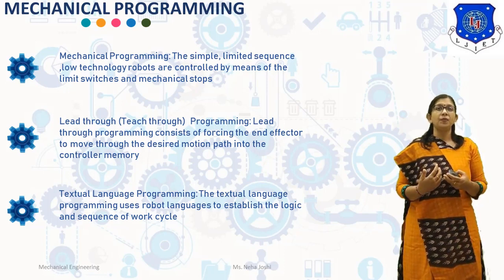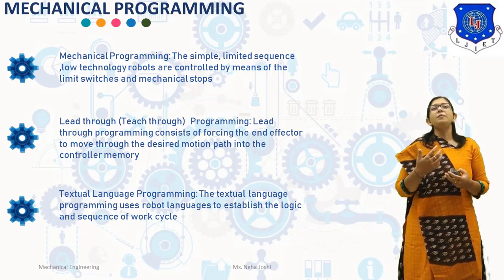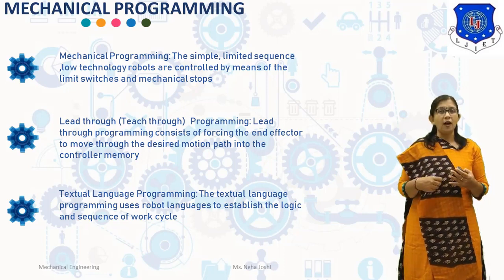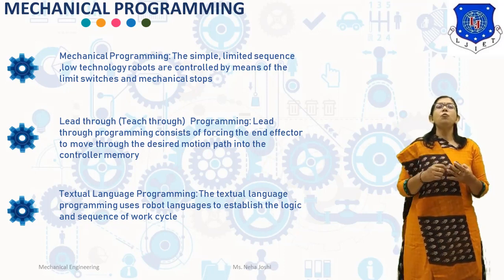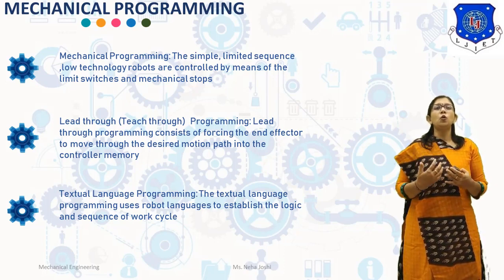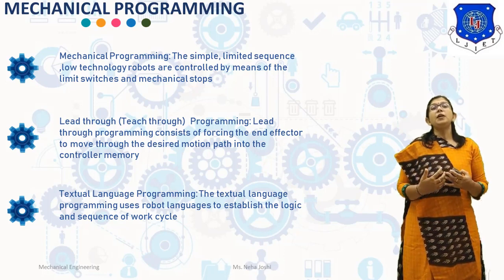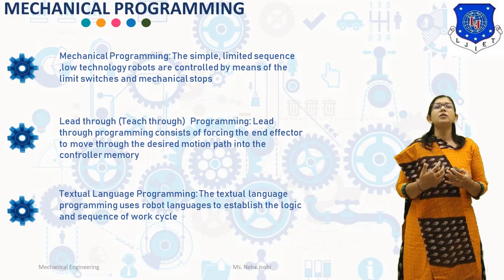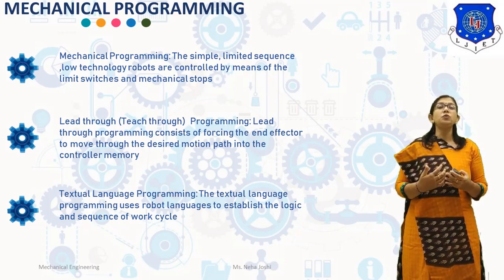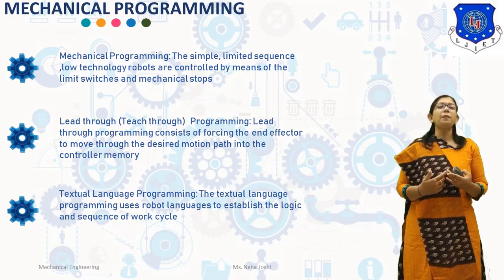spot welding robots. Now next one is the manual lead-through programming method. In the manual lead-through programming method, the programmer physically grasps the robot arm or end effector, manually moves it through the desired motion path and records the position at a closely spaced large number of sampling points. A teach button is normally located near the wrist of the robot. The manual lead-through programming method is generally used in continuous path robots such as arc welding robots and spray painting